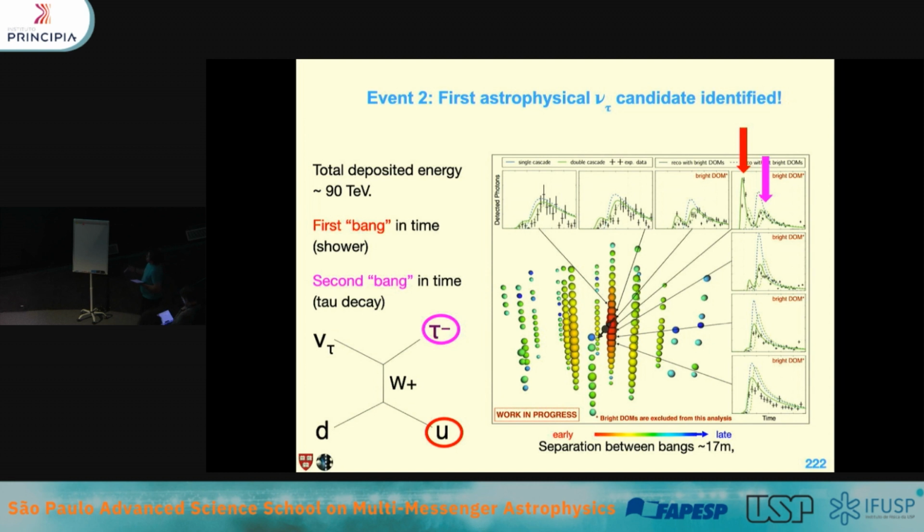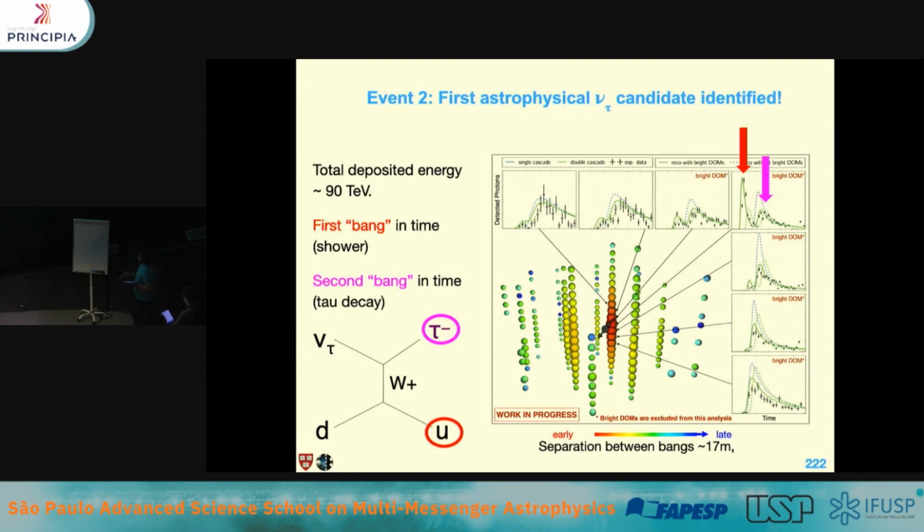You cannot see that by eye in the event display, but I want you to look into the time series of light of the nearby sensors close to the interaction point. And what you can see is that these nearby sensors have actually two light emissions. There's a first light emission here, then it goes down and up, it goes again here, and this one's here. Okay? So this is what gives us confidence that this is really a double bang event. And the confidence of this being a tau is actually quite high, above 2 sigma.